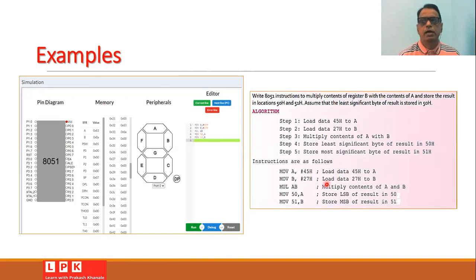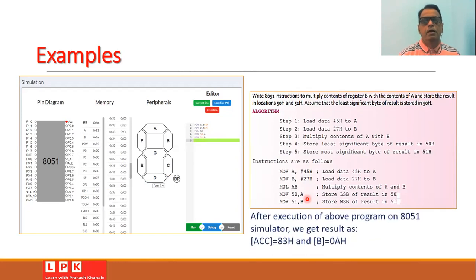In that case, you can move the first number 45 into the accumulator, and the second number 27 hexadecimal into the register B. You can multiply them by using the instruction MUL AB. Now you know that the LSB is in the accumulator and the MSB is in the register B, and therefore you can move the content of A to 50 and the content of B to 51 by making use of the instructions MOV 50H, A and MOV 51H, B.